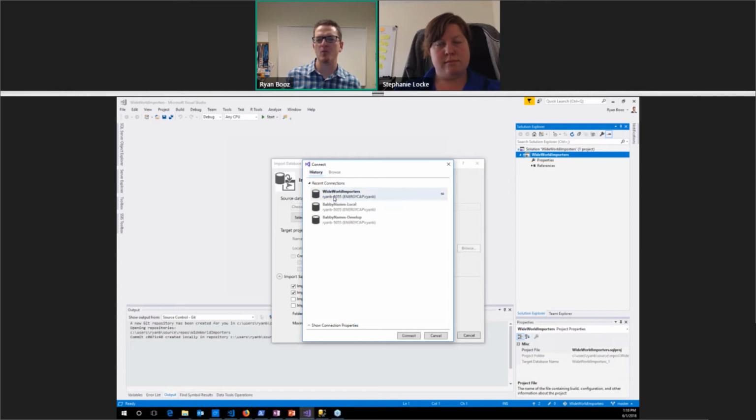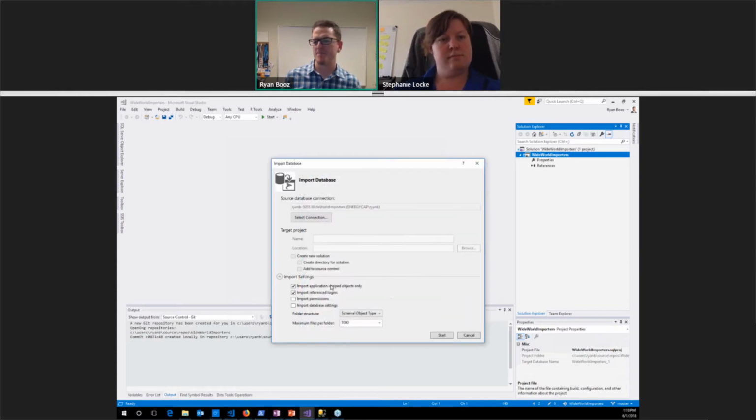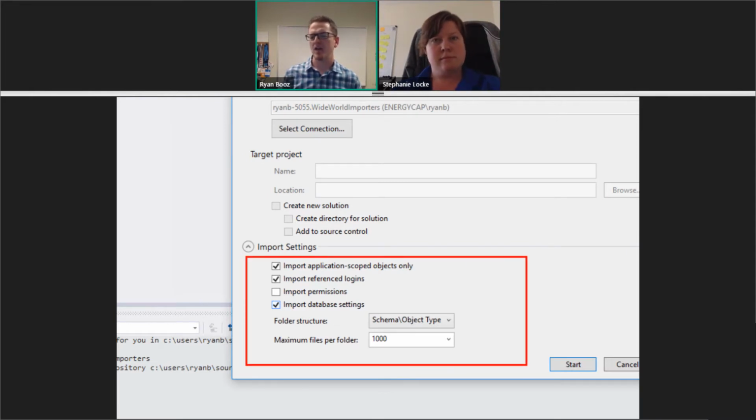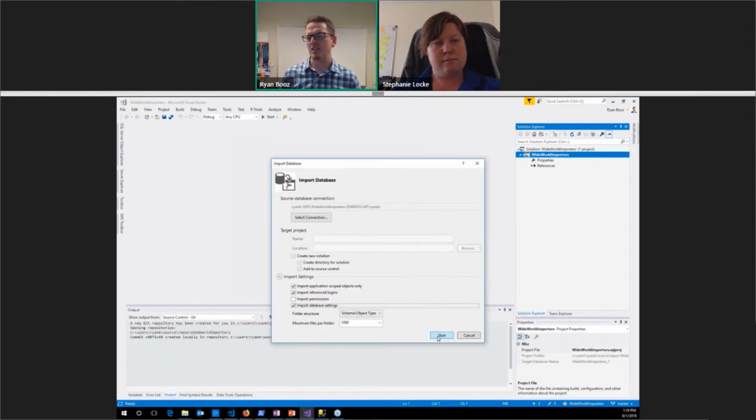So I'm simply going to point it to Wide World Importers. And it gives us a number of features, right? So we can tell it how we want it to import the data. Probably the biggest thing here is what schema, what you want the folder structure to look like. But once you have those objects set, you can simply say start.